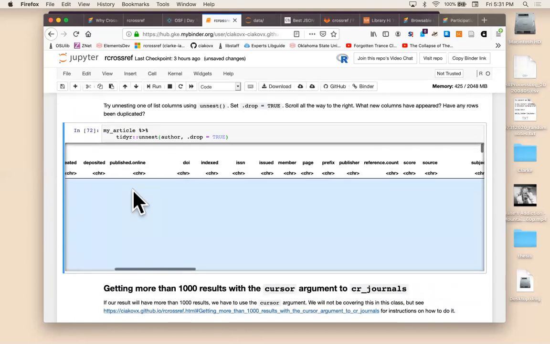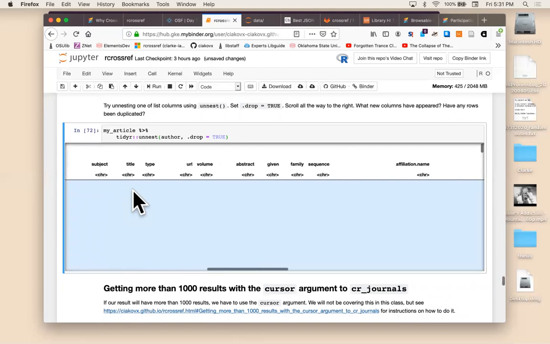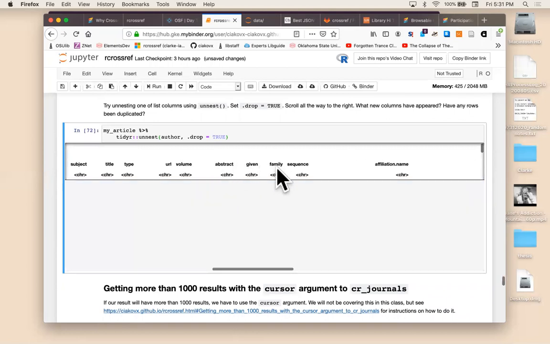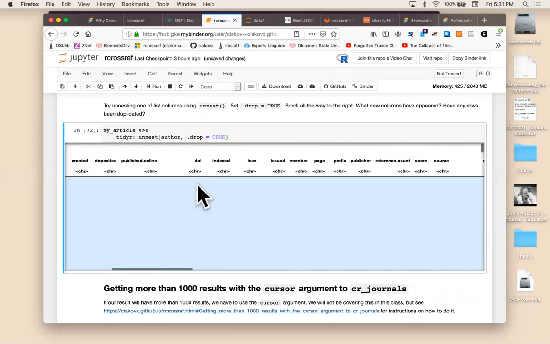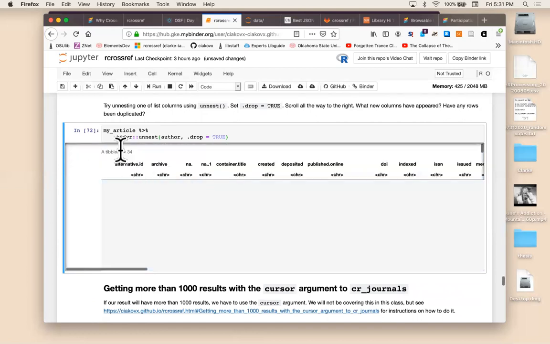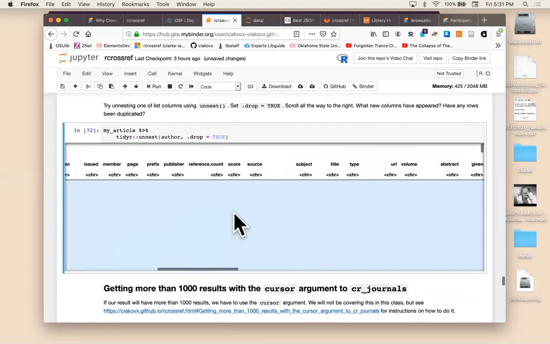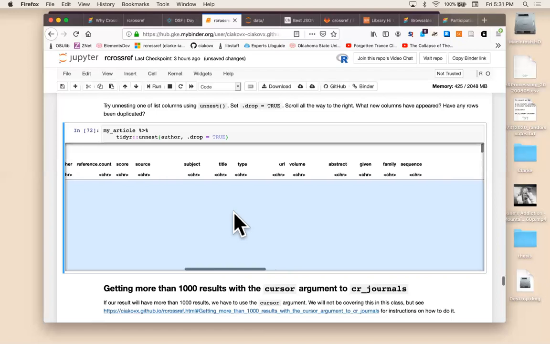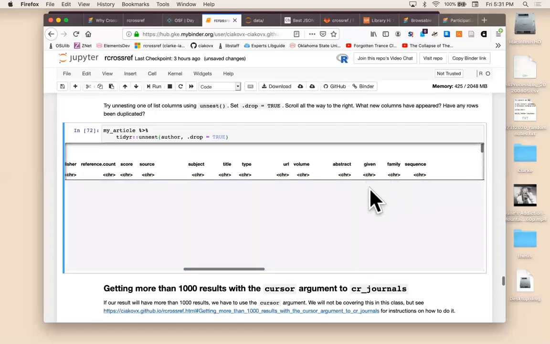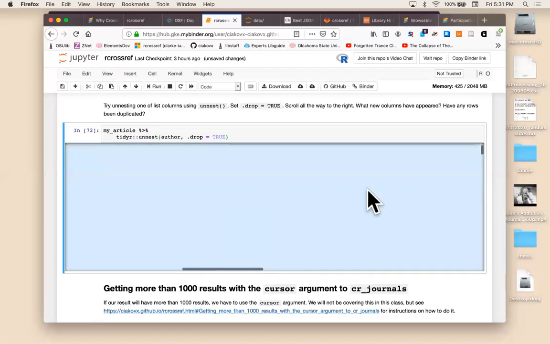All right, and what that did is it added the author data. So it added rows, whereas before it was just 1 row. Now it's 9 rows because there were 9 authors on this article. And when I look at the author data, given name, family name, and sequence, I can see